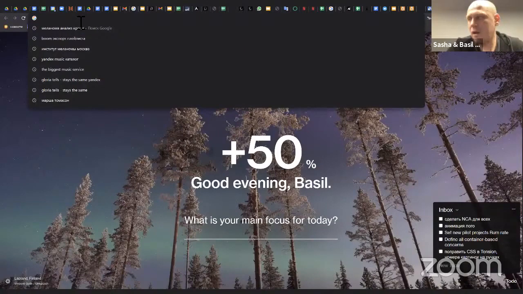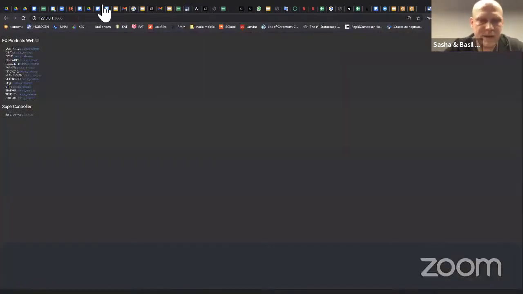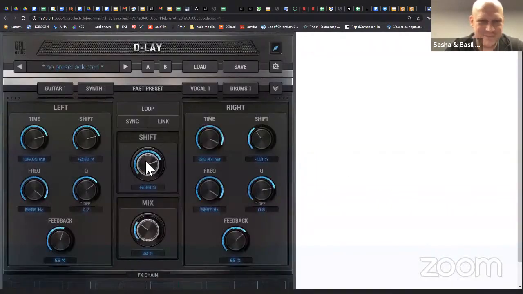Another thing, we have this advanced technology, I call it protobuf.js. This is actually the binary serialization stuff. And the binaries, Basil wanted to show you that it works actually in web.